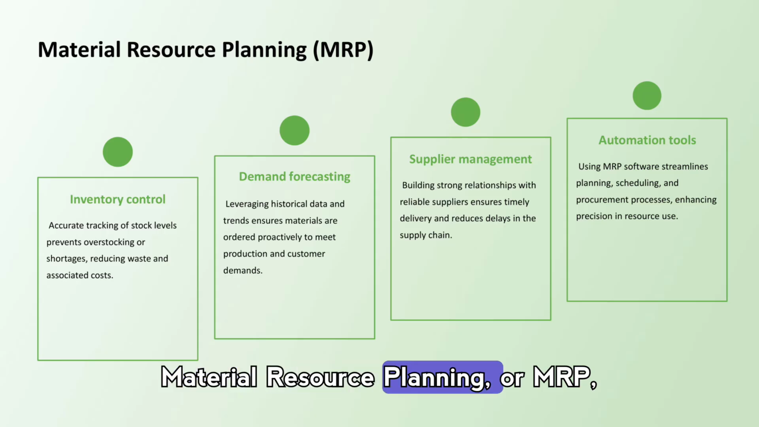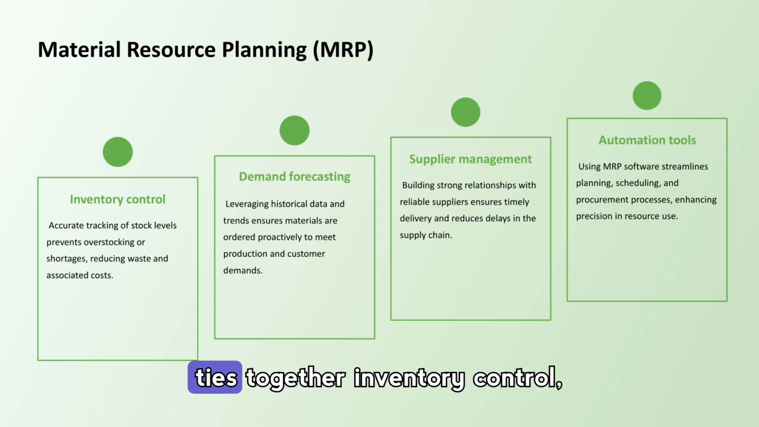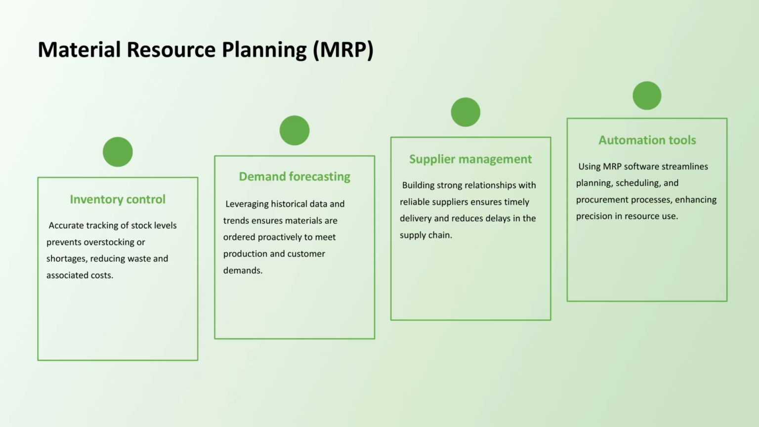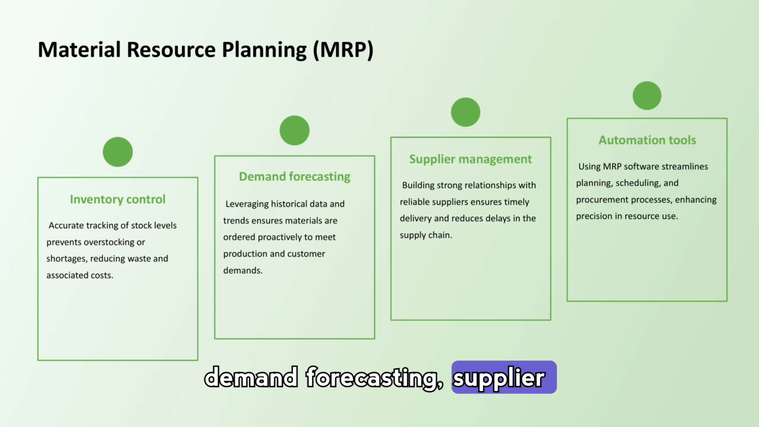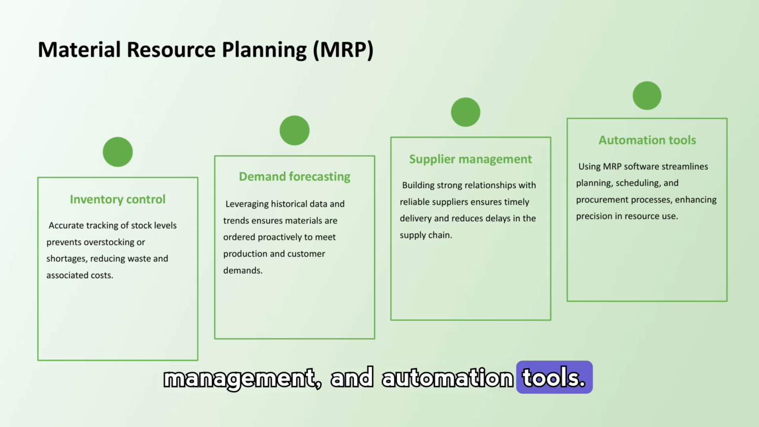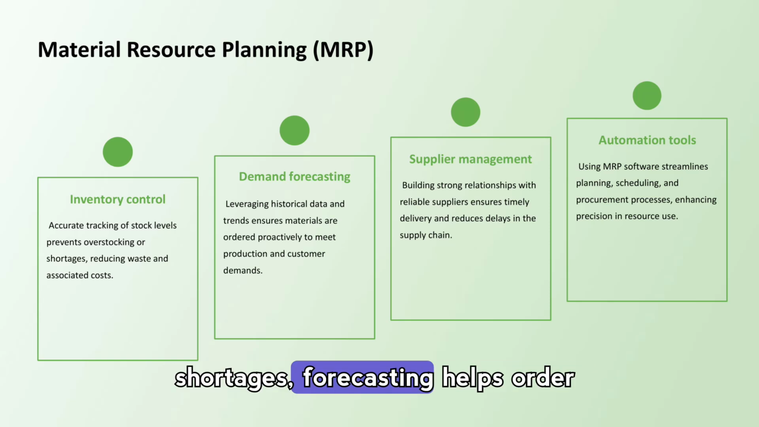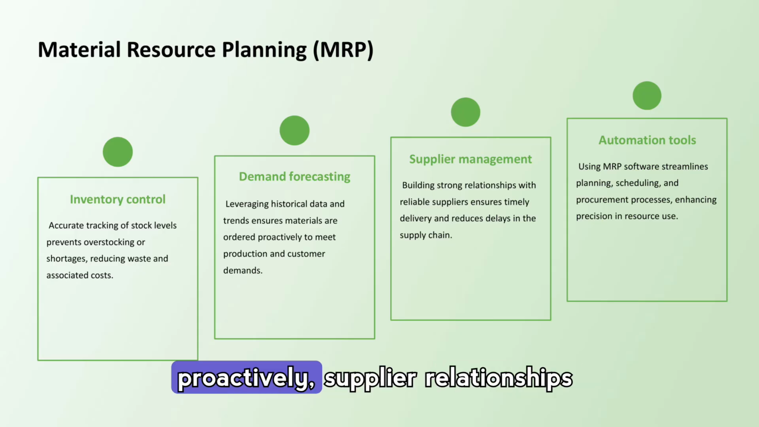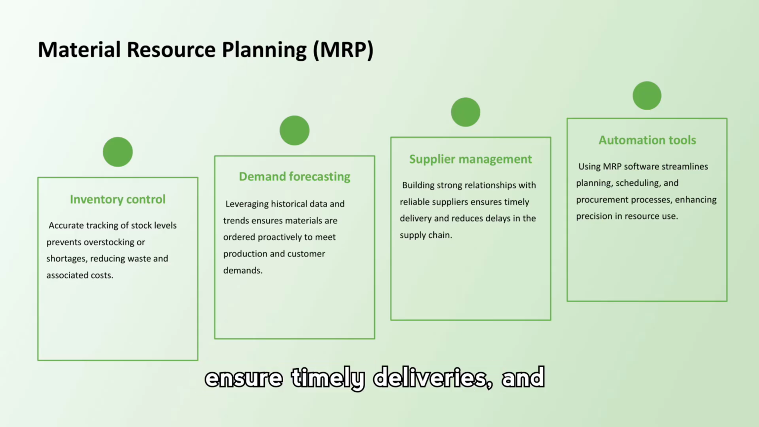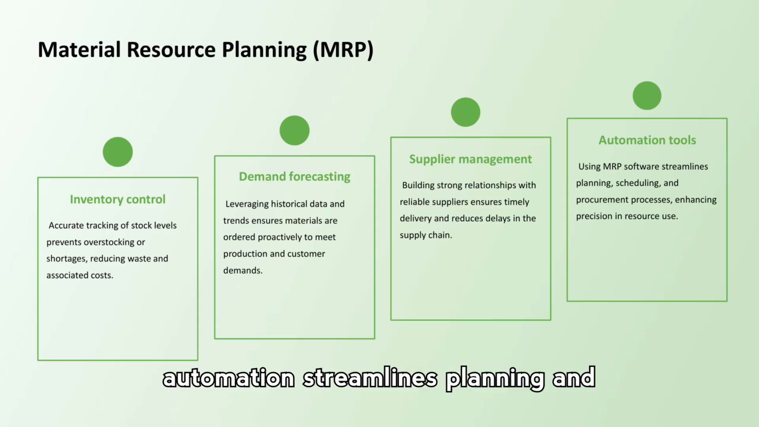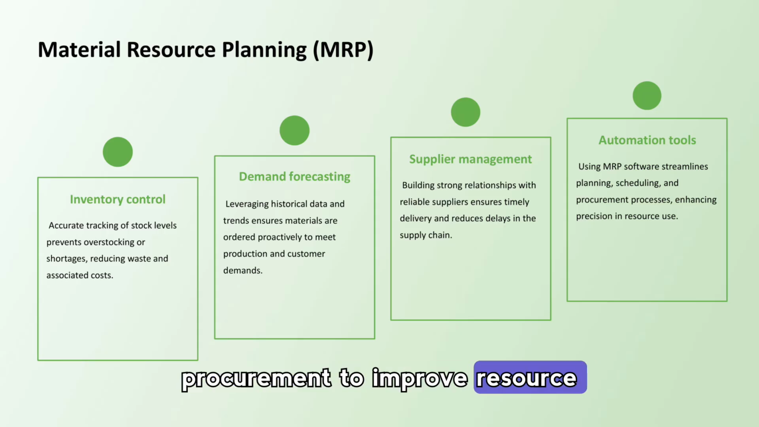Material resource planning, or MRP, ties together inventory control, demand forecasting, supplier management, and automation tools. Accurate stock tracking prevents shortages. Forecasting helps order proactively. Supplier relationships ensure timely deliveries, and automation streamlines planning and procurement to improve resource precision and